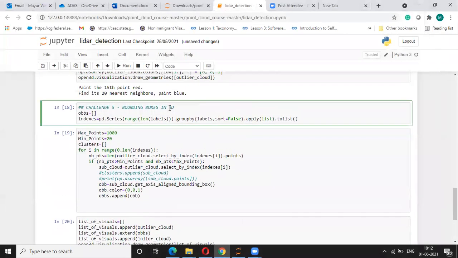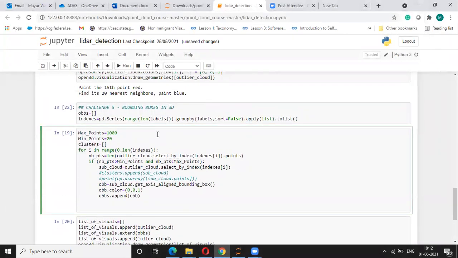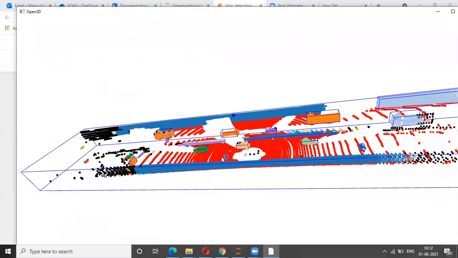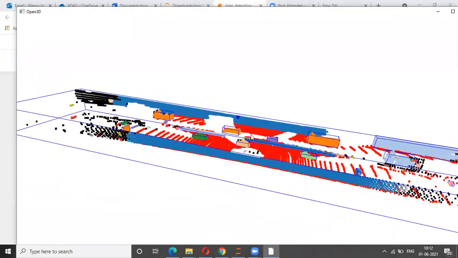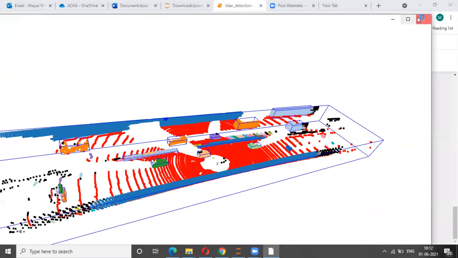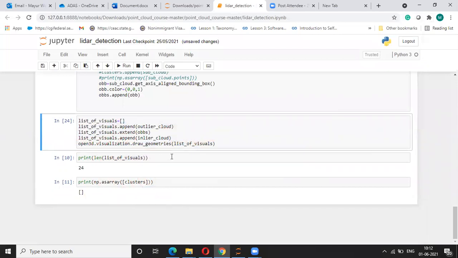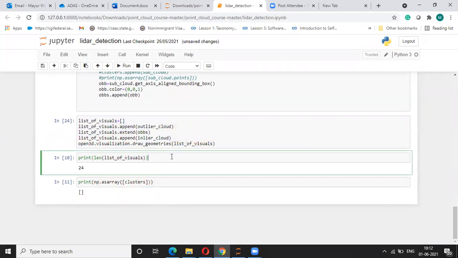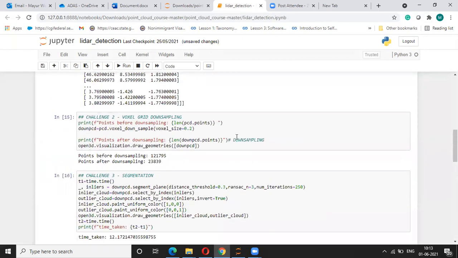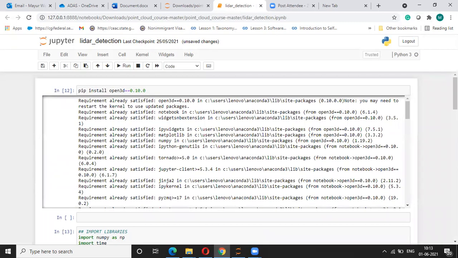And if I apply bounding boxes to that, this is the resulting output. And we can also see how many clusters, how many vehicles there are. So 19. So this is all about this implementation.